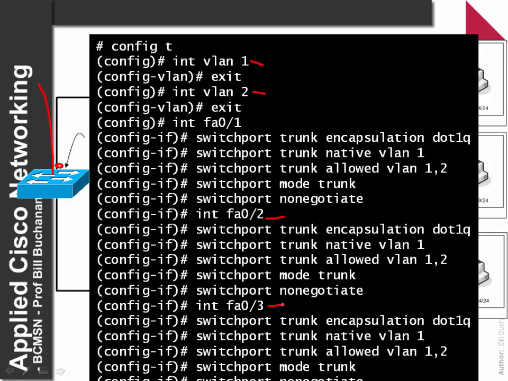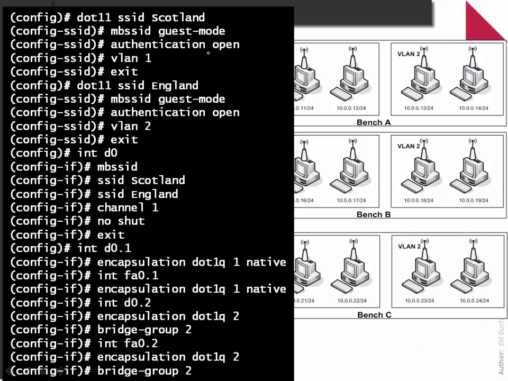So it trunks in between the AeroNets. Okay, so this is a similar example, VLAN 1 and VLAN 2, and this shows our encapsulation.